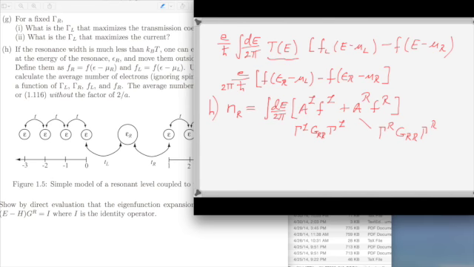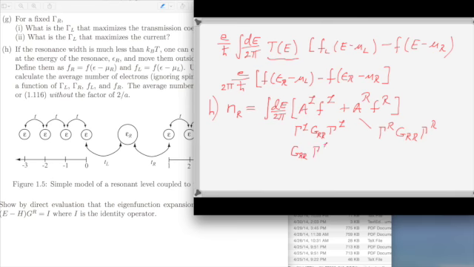Well, these are all just numbers, so it's like gamma left squared, G, R, R and gamma right squared, G, R, R. Is that right? Oh, I got it backwards, don't I? Sorry. It's G, R, R